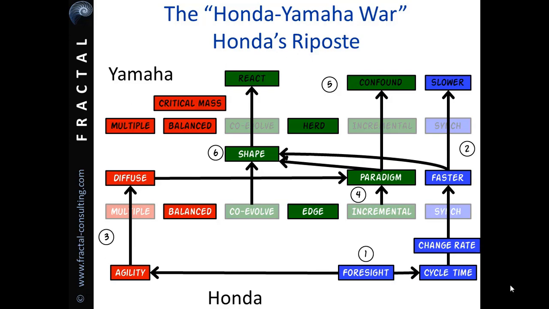From Yamaha's perspective, this was now a fast-moving, highly energetic, unstable structural coupling. So you'll see the dynamic interplay here. One actor does something which has an effect on the other. And it's also important to recognise the role of speed. The guts of the strategy were played out in about 18 months. And that speaks to the huge advantage of being able to formulate strategy quickly. Taking months over it just doesn't hack it in the cut and thrust duel of corporate competition, which can change pace really, really quickly.